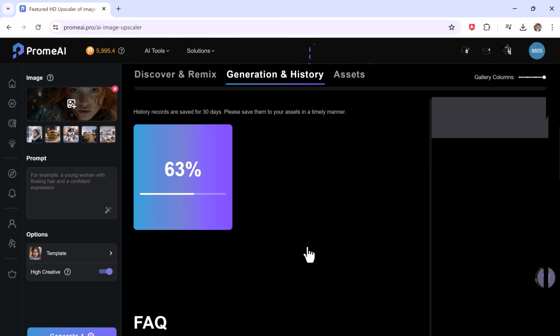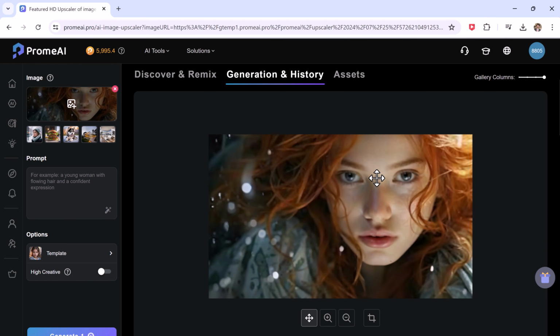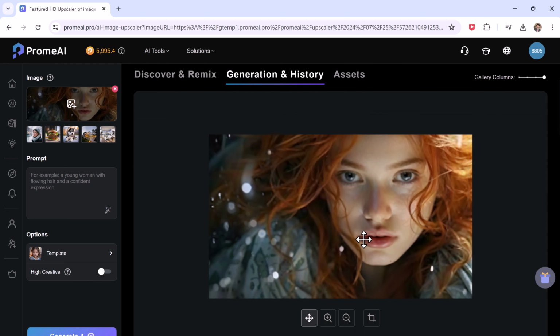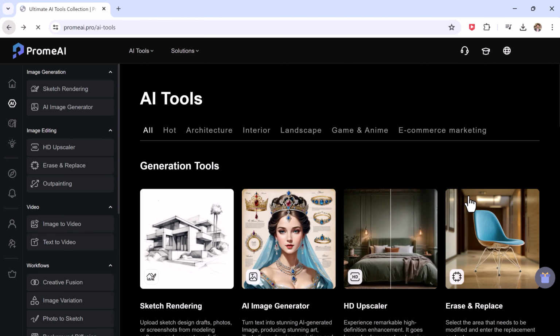The Image Upscaler can make your images suitable for printing by increasing their resolution. The HD Upscaler is a powerful tool that can help you make the most of your images. If you are looking for a way to improve the quality of your images, I highly recommend giving the HD